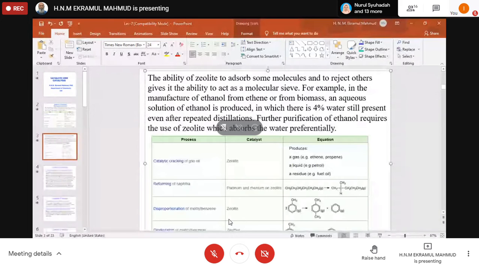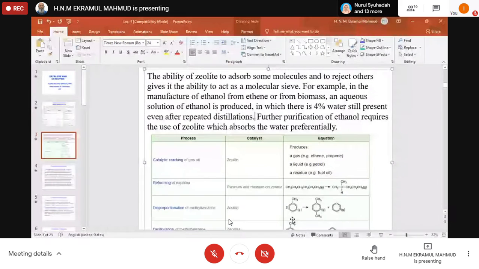Okay. All right. So now 96% ethanol is produced with 4% of water. This is called an azeotropic mixture. From here, it's difficult to remove the water content. How do we remove this? By distillation. If you distill it, 4% of water remains there. It's difficult to get rid of that.